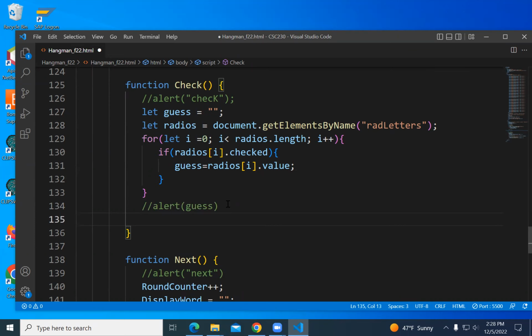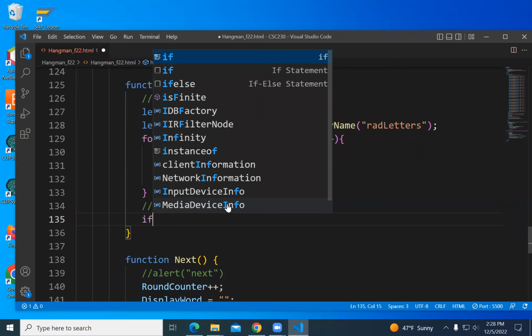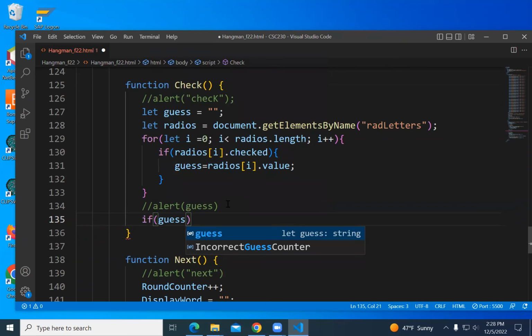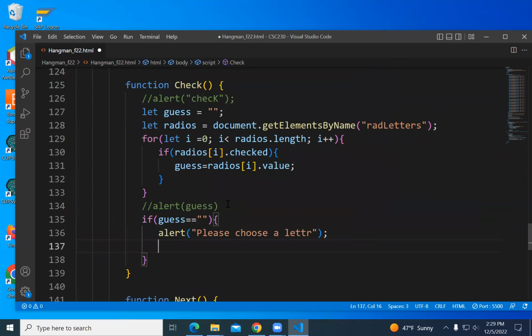So we'll say if guess still is quote, quote, we'll alert and say, please choose a letter. And we'll return, because we're going to start putting the letters into the displayed word, and we're not going to do that if they don't choose a letter.